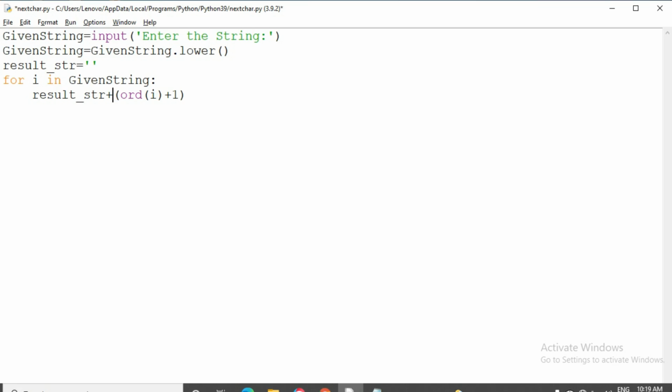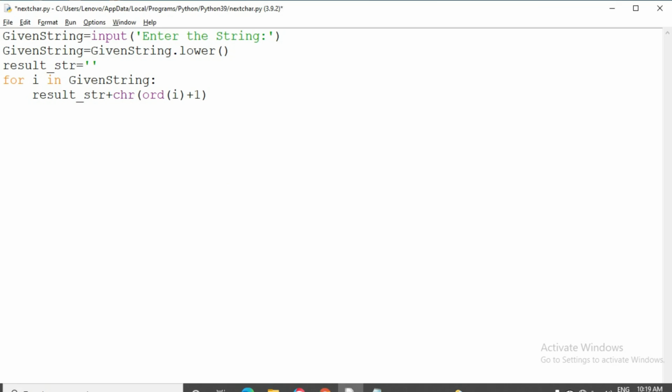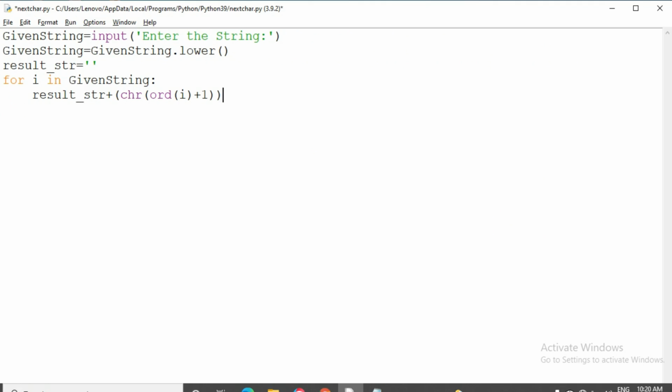Then we want to display the result in string format, so I am applying the chr function. Initially 2 is given inside, so by applying this, chr of 2 converts the integer into a character, so 2 means b.